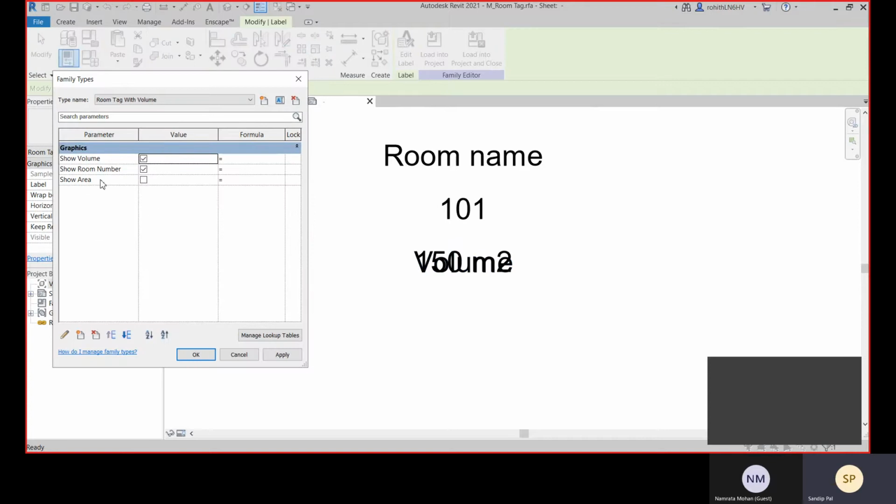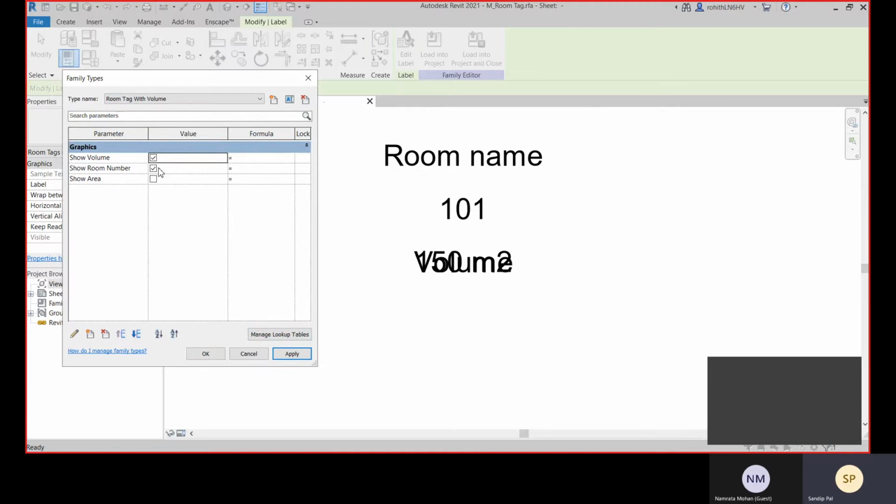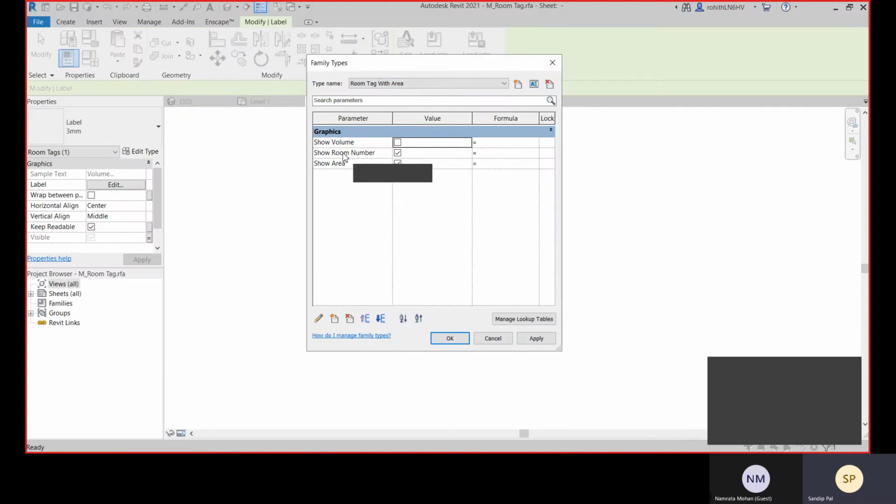So go with this room tag with volume, click on apply. Here you will not see it, it will be applicable in your project. So see that room tag with area, when you applied it in your project, will show you the room number and the area, and this is unchecked, so within your project you will not see this volume. That is how we will apply.